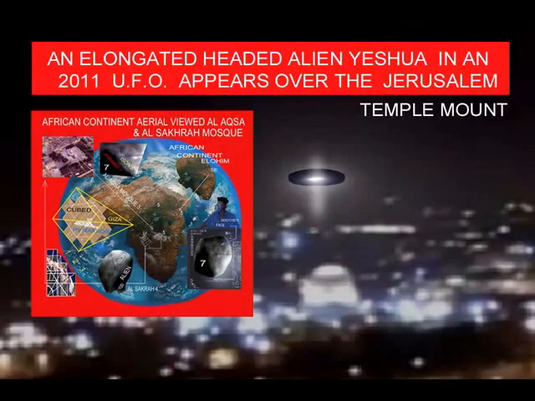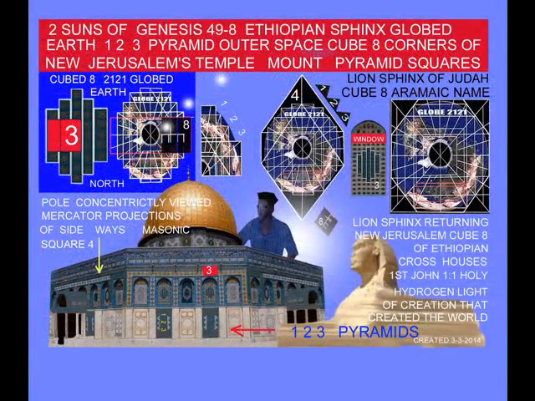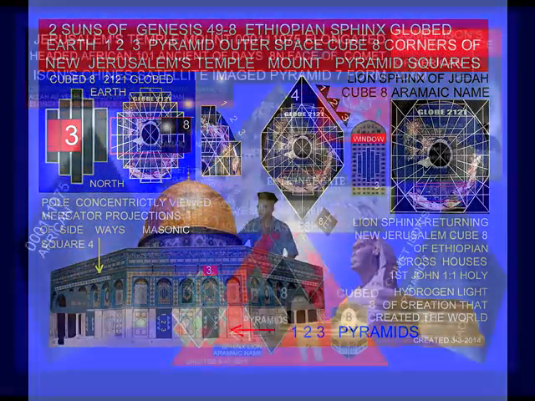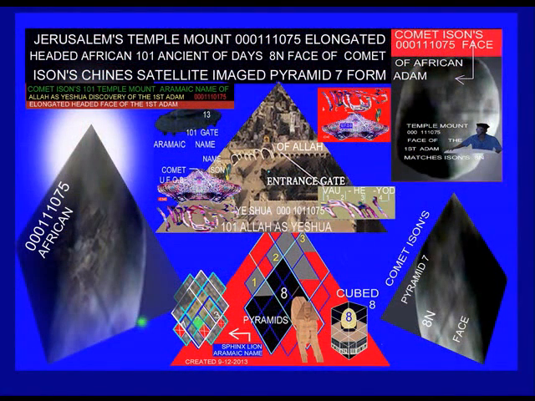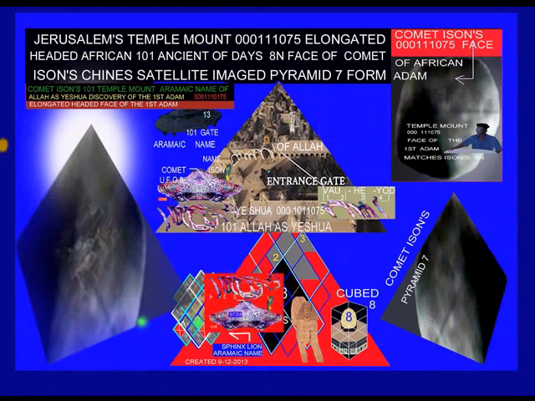So when we look at the Temple Mount Islamic and Aramaic inscriptions that adorn the outer wall surface of the Dome of the Rock, we must include the Islamic Aramaic inscription of the Jerusalem Temple Mount entrance gate, where we see the one-on-one Islamic Aramaic name of Allah as Yeshua that created the book of Genesis 2:7, the normal hidden human race. So as we uncover the cross-shaped building structure of modern Lalibela, appearing within all of the stone rectangular window frames up on the Dome of the Rock octagonal building structure outer wall surface area, we have uncovered the cubic dimensions of New Jerusalem as it relates to the center of the square